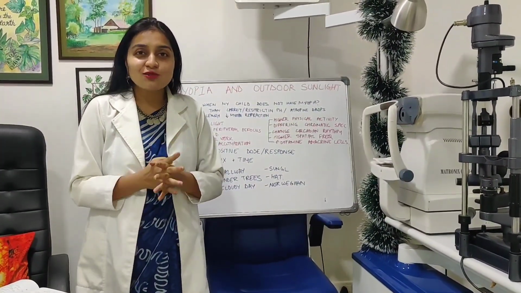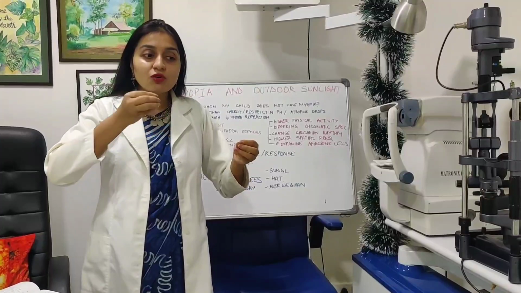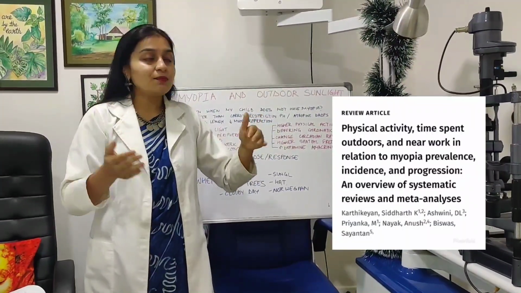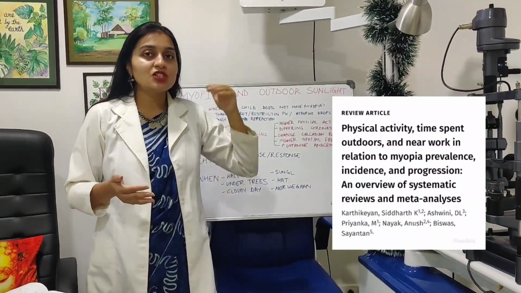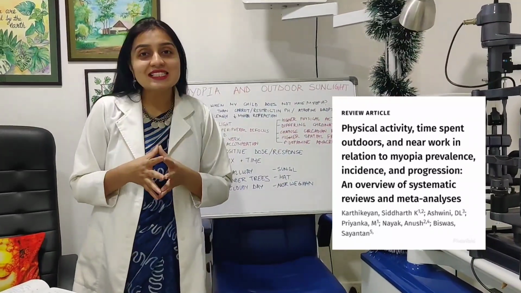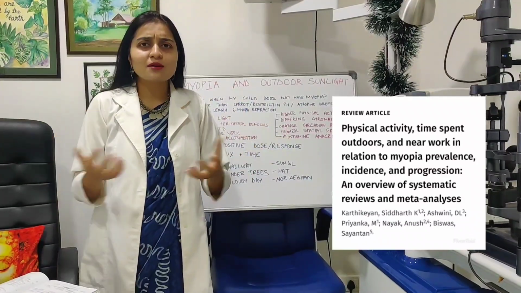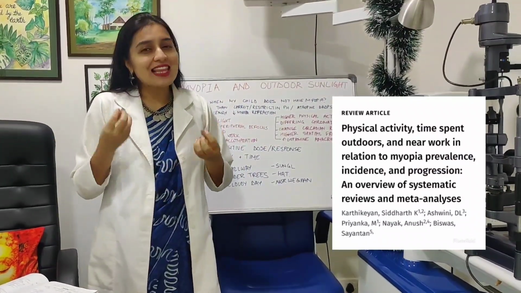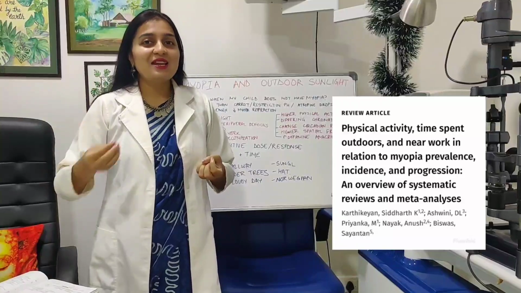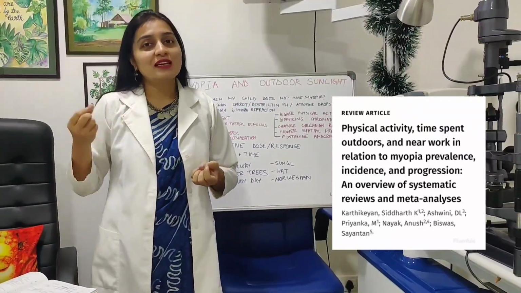The next, people thought that maybe because the children go out, they get more physical activity. Now, studies have shown that your child need not be doing any physical activity, and there is no correlation between the amount of physical activity the child has outdoors. The studies that they did was that in indoor rooms, the child did a lot of indoor activity, a lot of basketball, and did that show decrease in myopia? No, it did not show decrease in myopia.